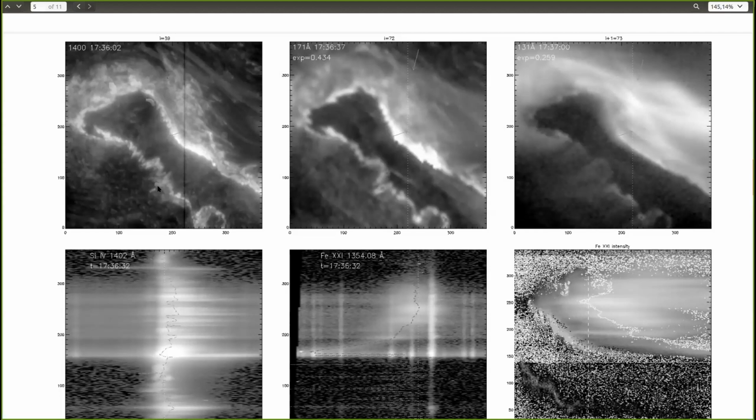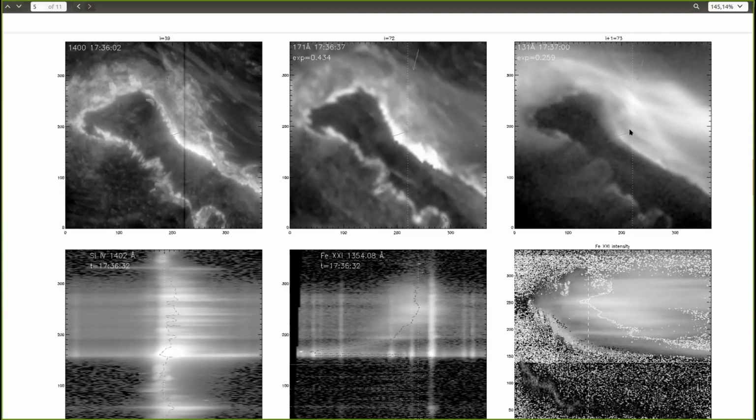So these are the transition region at about 80,000 Kelvin, the 171, which is at about 1 million Kelvin, and the very hot plasma, which has emission of 10 million Kelvin. Now we wanted to study the foot points of the post-flare loops, and we found that one or two loops